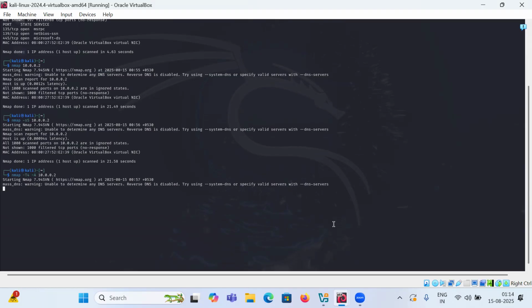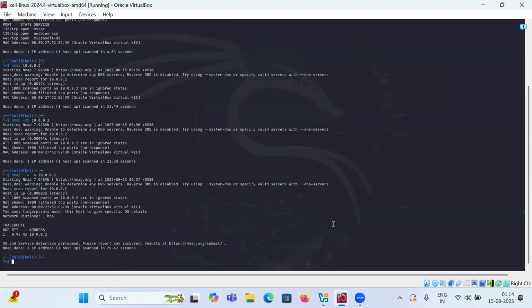Let's see whether we can bypass the firewall using the intense scan. As you can see, we are still not able to bypass the firewall. All the ports are closed and only the traceroute has been given, and we can't even guess the OS